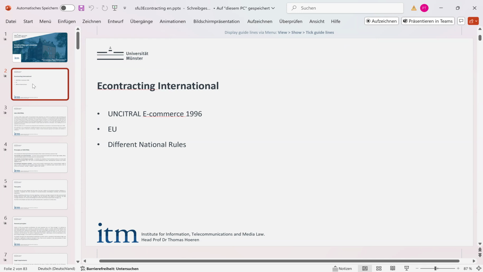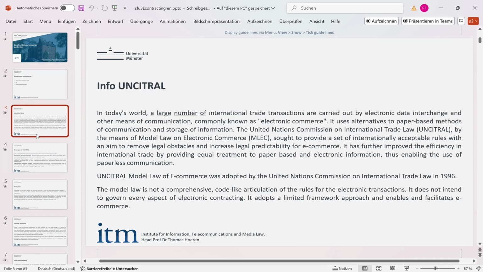Of course, the EU has started to harmonize some aspects, and we have, of course, a bundle of different national rules. Let me start by talking about UNCITRAL. UNCITRAL has its seat in Vienna, is very important for Georgia and Uzbekistan, but as well for Germany. They have over several years started a discussion on e-commerce and e-contracts. And they have made a model law of e-commerce, which is the basis for many jurisdictions to change their attitudes. It was made in 1996,